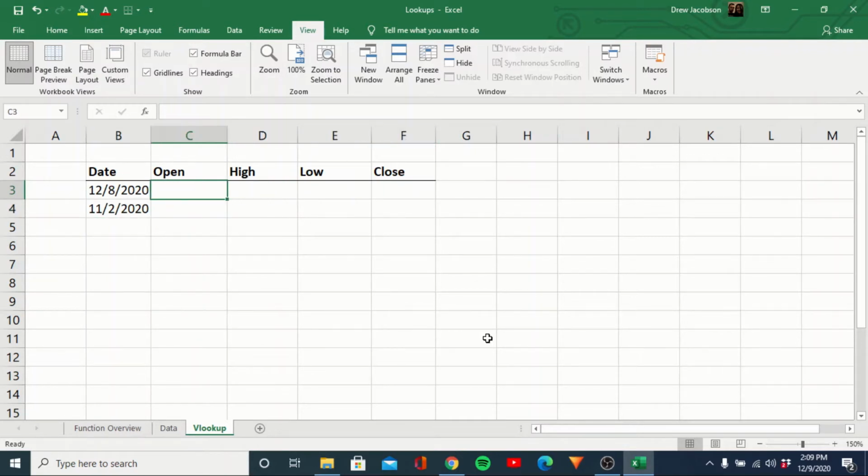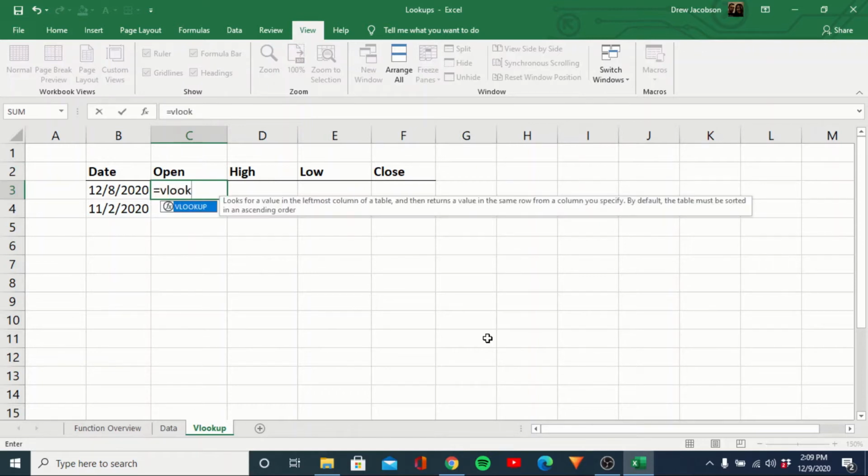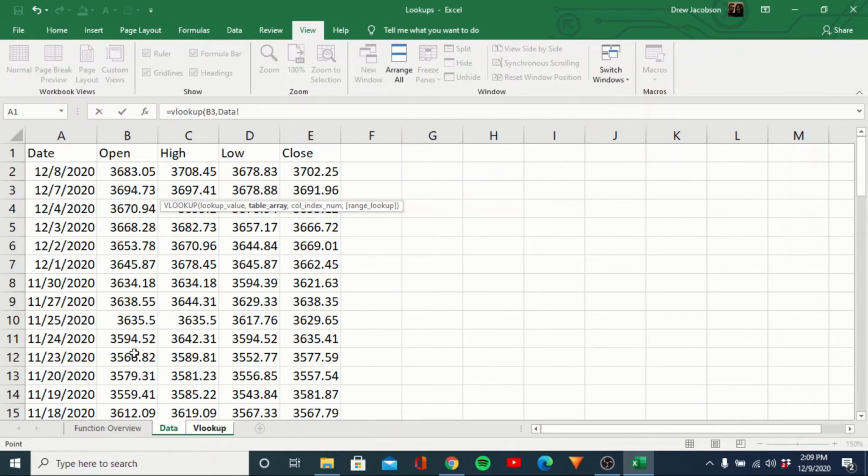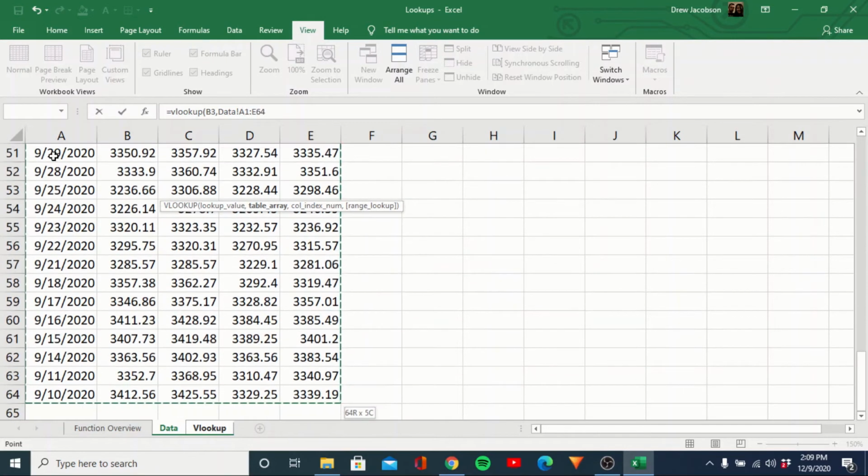So the first thing we're going to do is type equals VLOOKUP, and then a left bracket. The first thing it's going to ask for is that lookup value we were talking about. Here we're going to select cell B3, which is the date. This is the date that we want to look up within our data set. So comma, and then for the table array, we're going to go over to our data tab, select our data set here, hit comma,